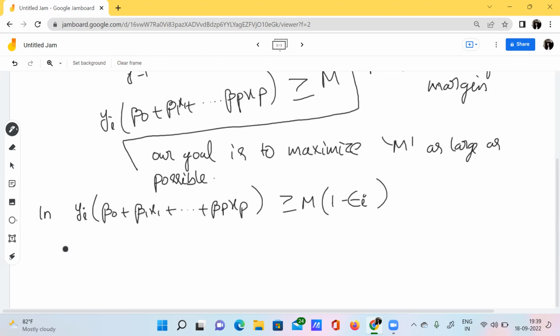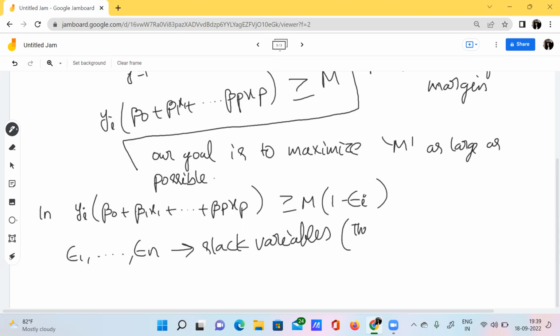Okay, so here I'll explain each of those notations. Epsilon 1, and so on, epsilon n are nothing but the slack variables. These are the slack variables. What is meant by these slack variables? What do they do?